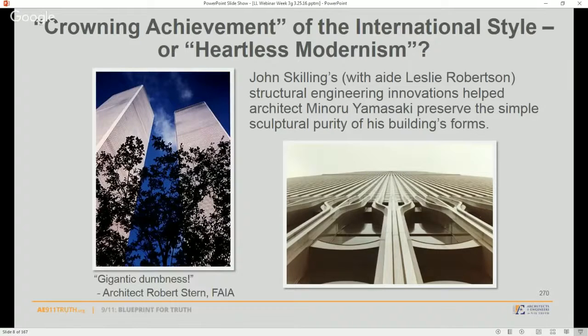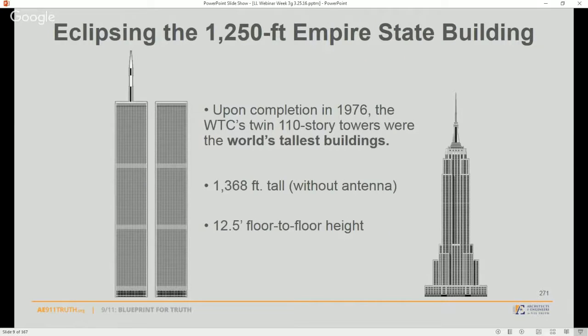Well, it's quite interesting. You extrude two squares until they become the tallest buildings in the world at the time, surpassing the Empire State Building, which was quite beautiful in its unfolding of its masses and this Art Deco style architecture. But no matter how you feel about the design of these buildings, they did have a structural innovation, which was